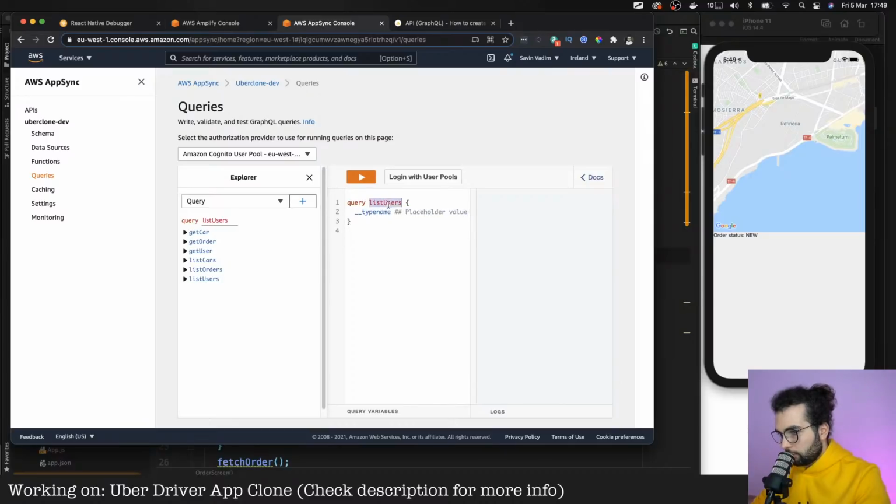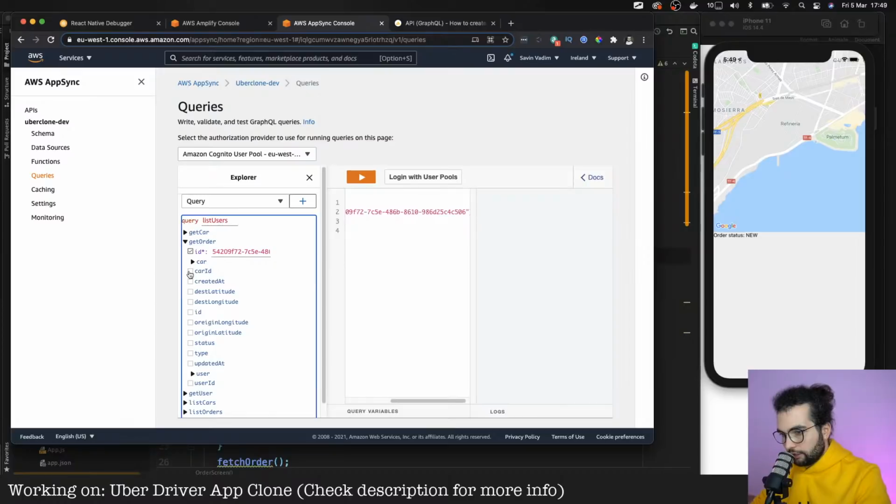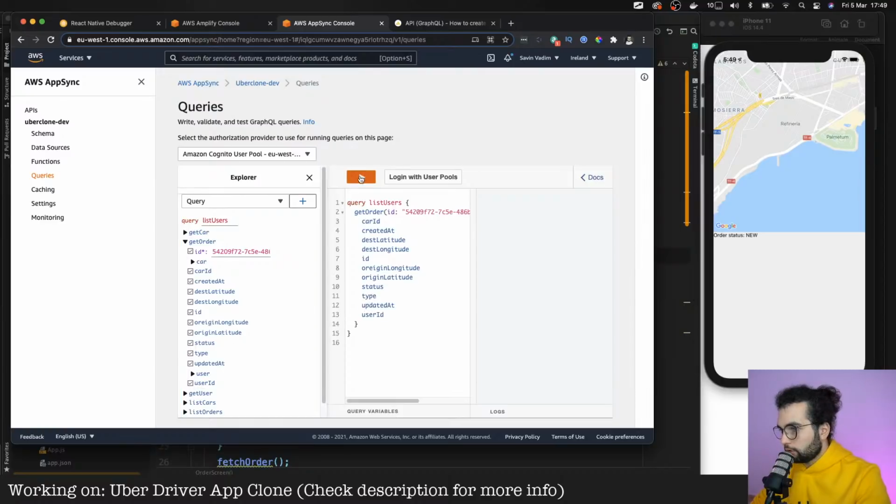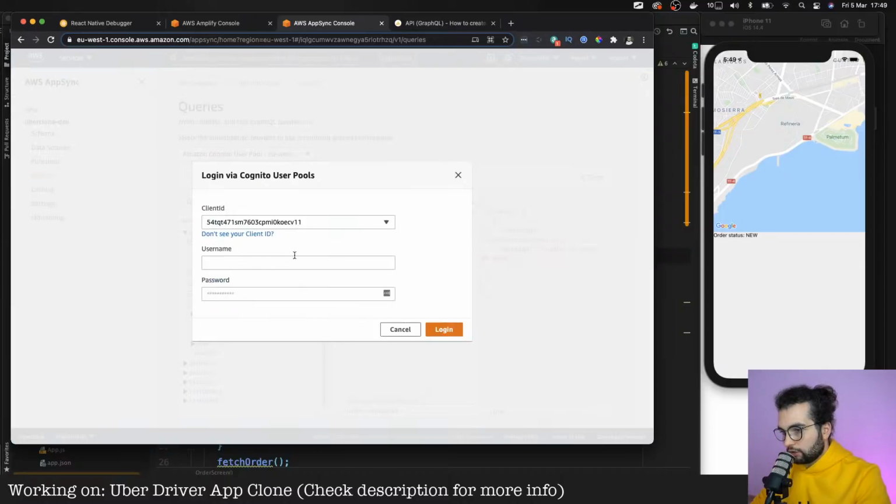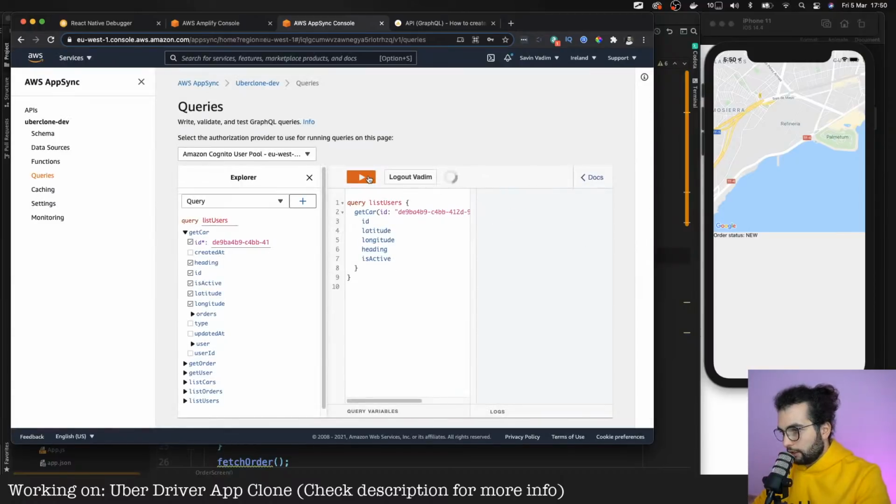Yeah, query get order, the ID is this one, and let's get everything that we know about this order. Errors, unable to parse because we are not logged in. And now is active is true.